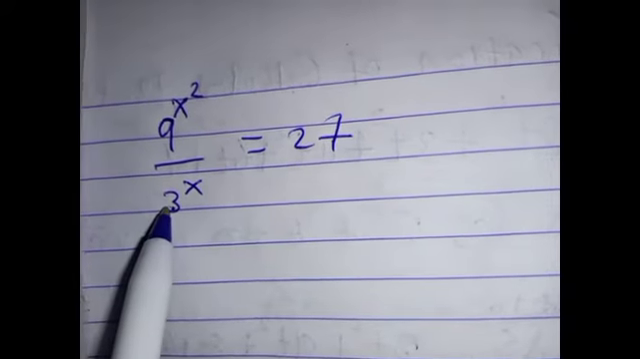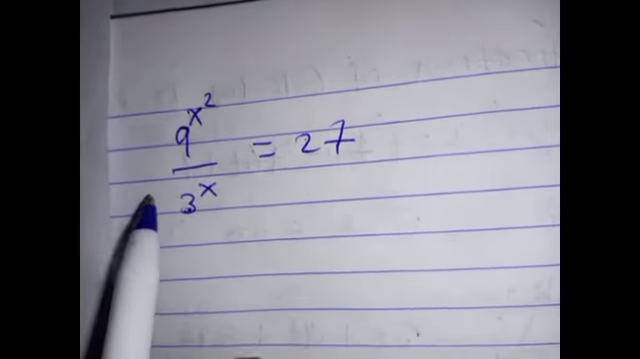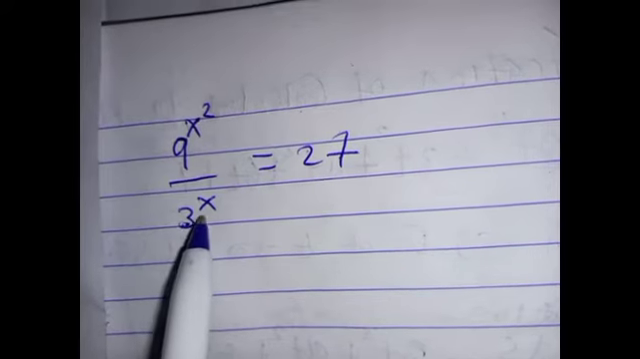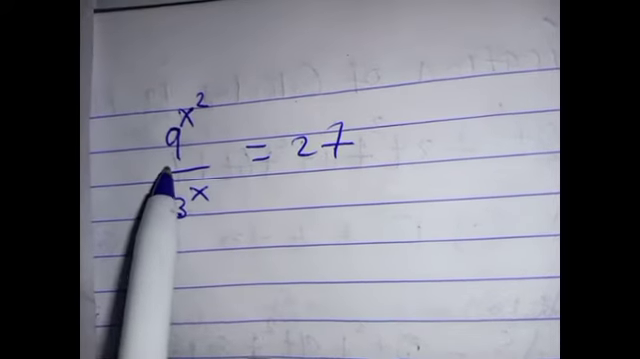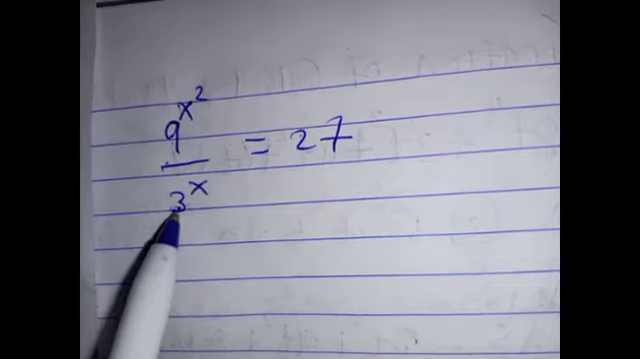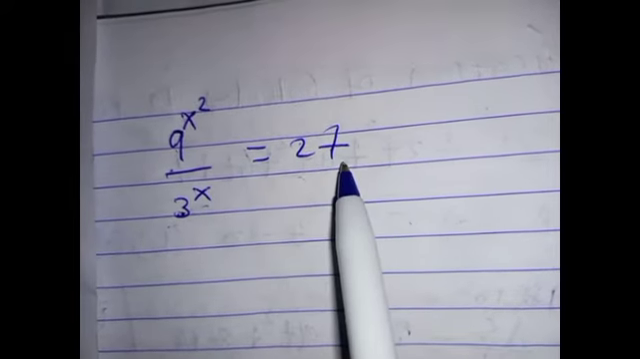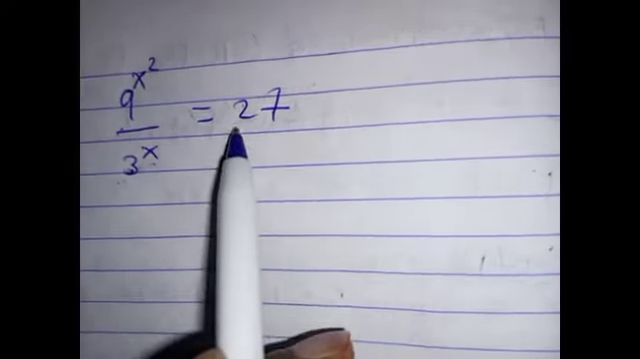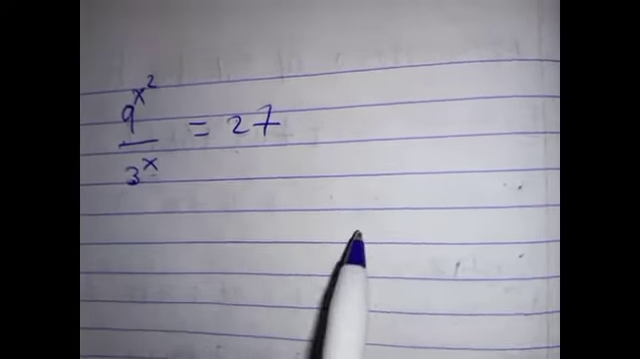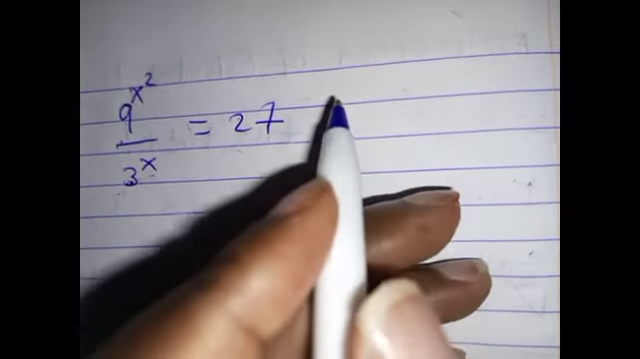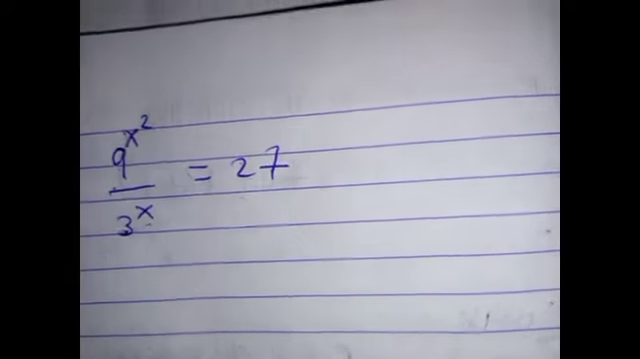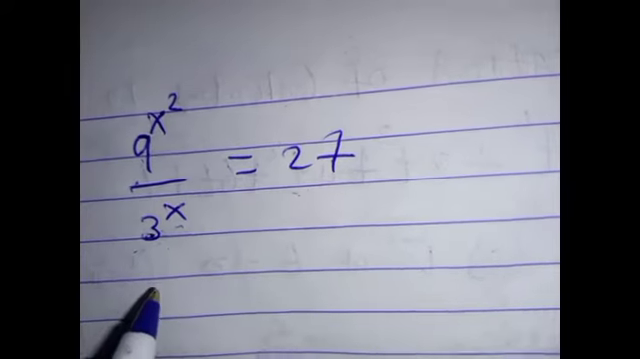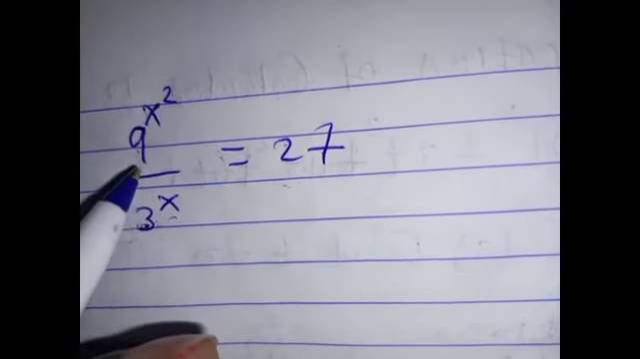Today, we want to see how we can solve this equation. How can we solve for the value of x, given that 9 power x squared divided by 3x is equal to 27? So this example is a good sample for mathematics games or mathematics competition. So to do that, we are going to write